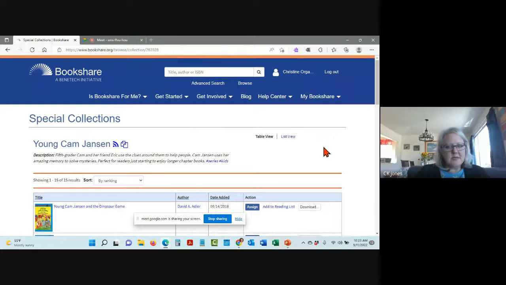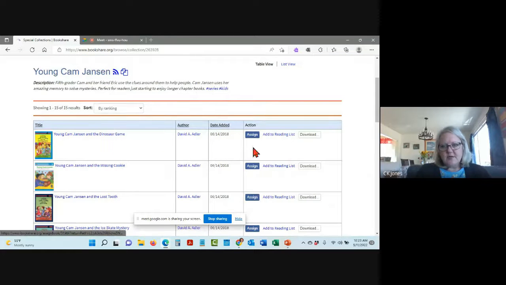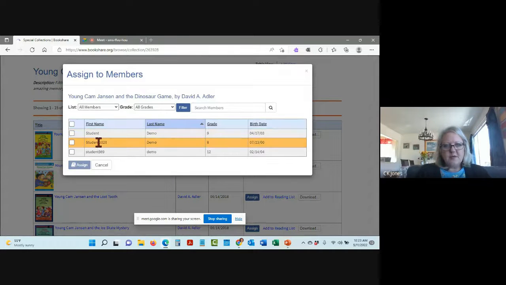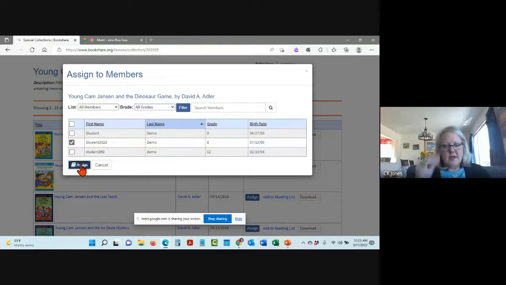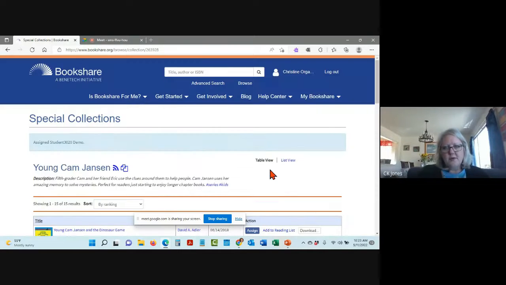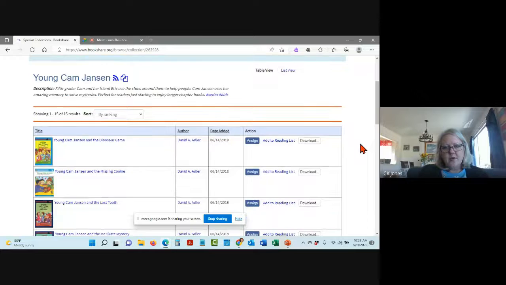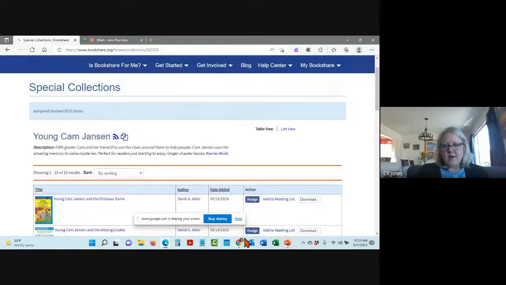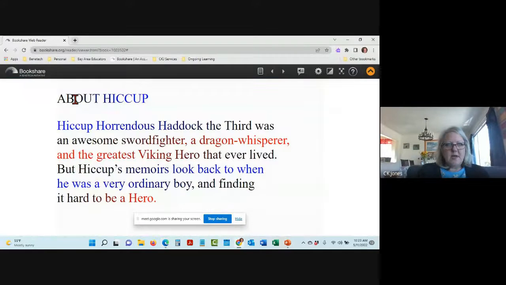So I can open up this list and just assign any of these books individually to them using the assign button. So I can pick assign, and I can pick my student and click assign, and then that student will have that book in there. If I go back now to the students page, if I go back to their dashboard, that Young Cam Jansen book is now going to be in their